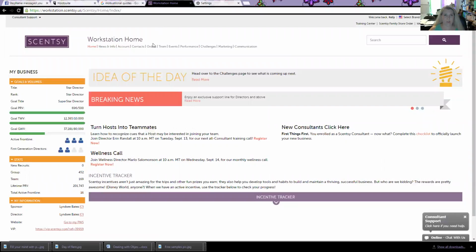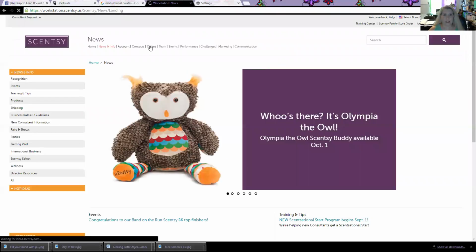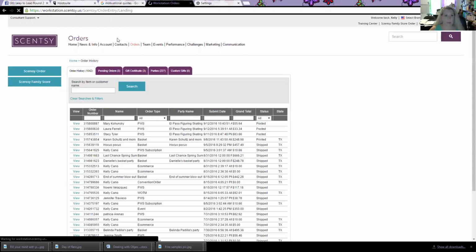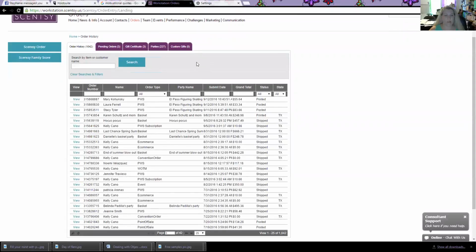It'll take you to the home screen, and up here you've got home, news and info, account, and you want to go to the order tab. So now here on these orders, these are going to give you all of your past orders. Here you can click on view to actually open up the order. Then it gives you your order number, the name of the either the party or the person that ordered,